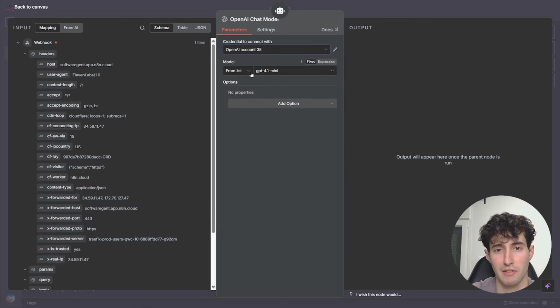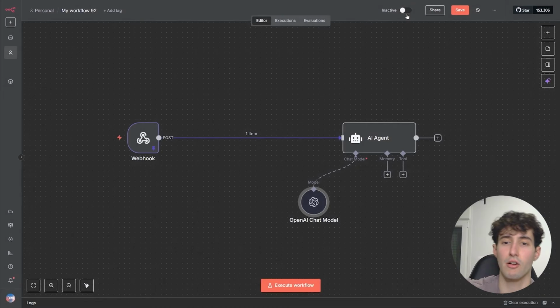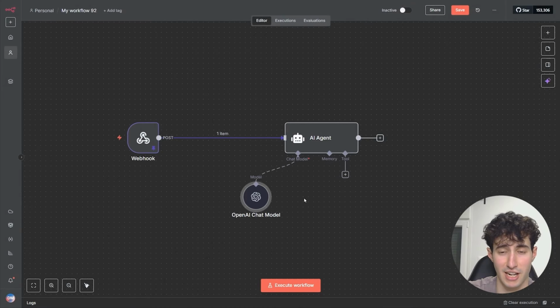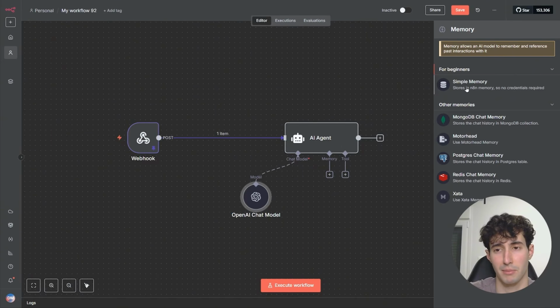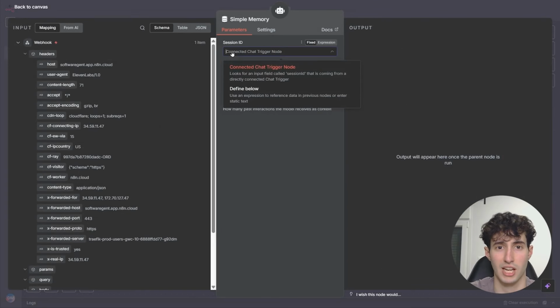And for the model, I will leave this on GPT 4.1 mini. So now let's close this off, and let's also come over here and give it access to some memory. We're going to use some simple memory for this example. All we have to do here is change the trigger, the connect to chat trigger node, to define below,